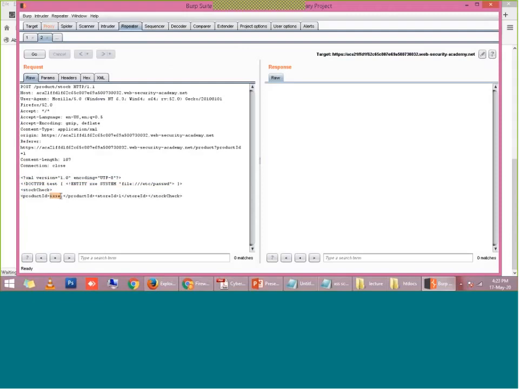Earlier the product ID was 1, now I am sending it with an XXE payload, and in the response to this input, I am asking the server for file access to /etc/passwd. Passwd is a default file which is created on the Linux platform in the etc folder, and this file contains details of the system, the services and programs, and their status, right? So let me send this request to the server, and I will click on Go.